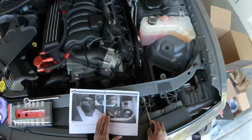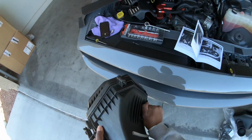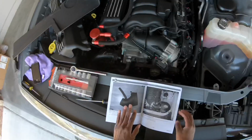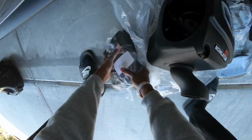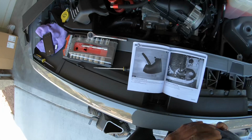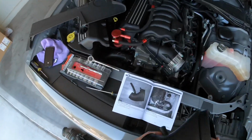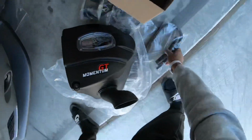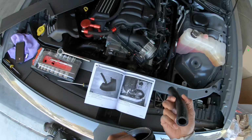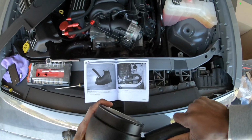Set that back down. And you want to get this rubber piece off here as well. This one right here. And place this inside of here. So I want you to get this connector piece. Then I want to get the hose just right here. Just want to get this on here, twist it all the way down,